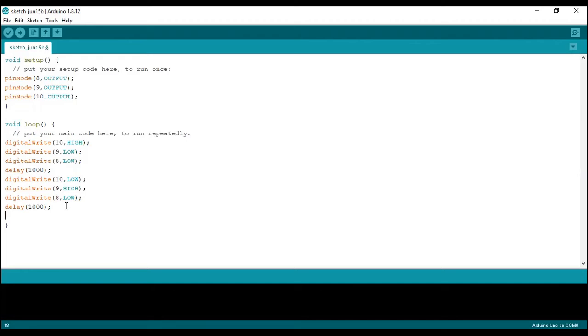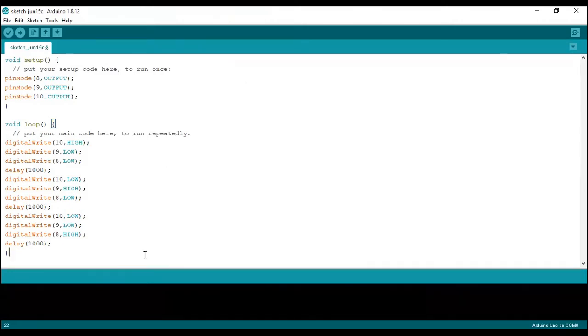Again, copy and paste the same code and change the value in digitalWrite function. So modify the function. First and second LOW and third is HIGH. These lines of code will turn on one LED at a time with a delay of 1 second.